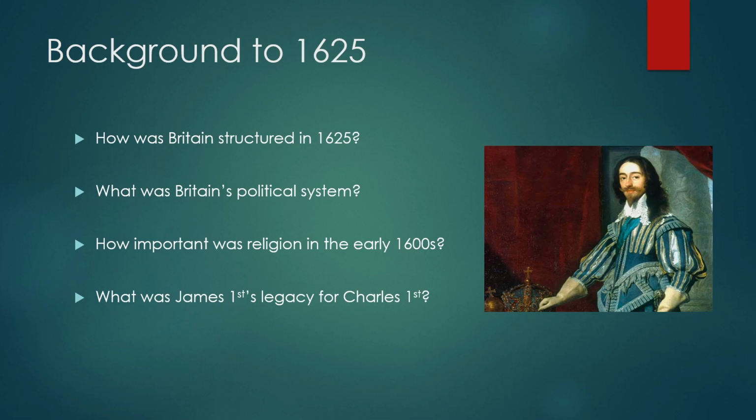And the fourth and final point we're going to be exploring is James I's legacy for Charles I. So James I was Charles's father. So James was the predecessor to Charles I, and he was the first Scottish king to unite the nation. We're going to see that that's actually quite an important thing in British society to have a Scottish king who actually rules not just Scotland but the rest of the kingdom as well. And he leaves a significant legacy behind for his son Charles as an impact on society as time goes forward.